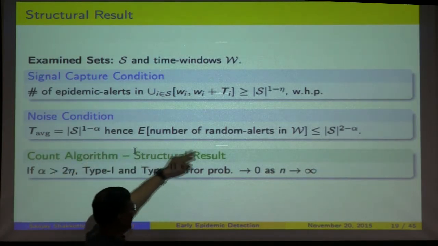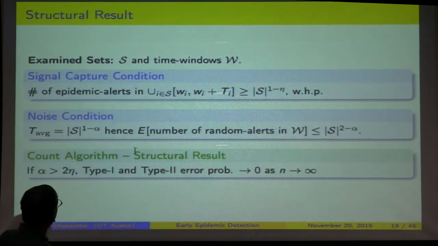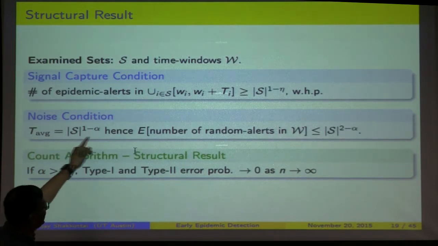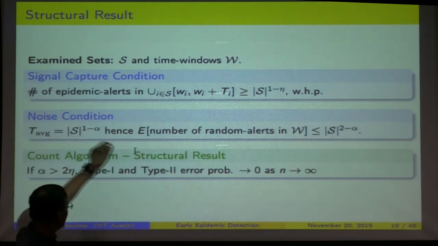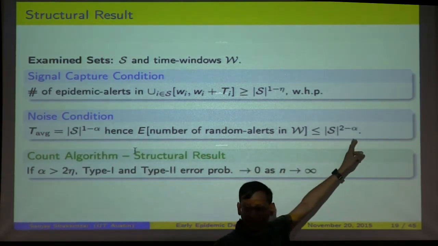So the expected number of random alerts will scale accordingly. At this average, the number of nodes you're looking at is card S, so you simply multiply this by card S, and this is the expected number of bits you're going to see